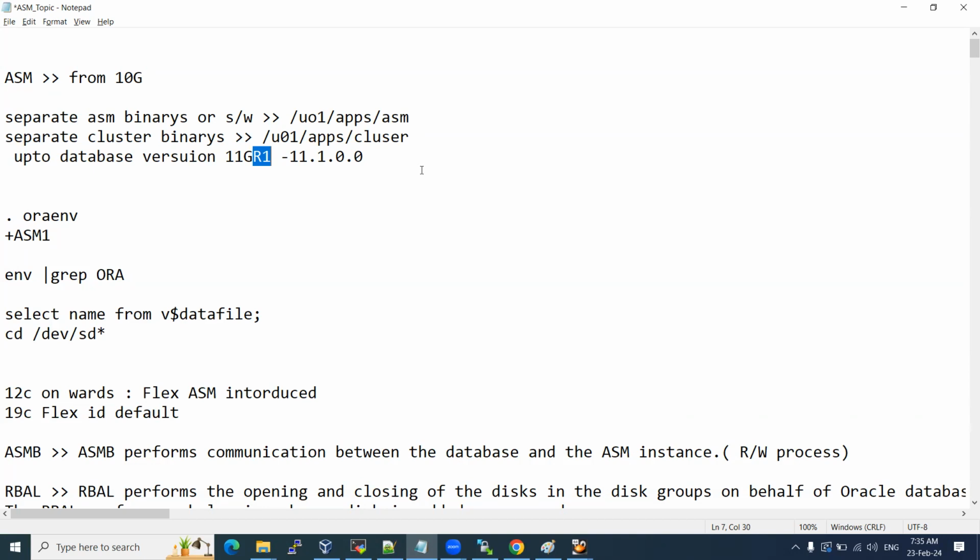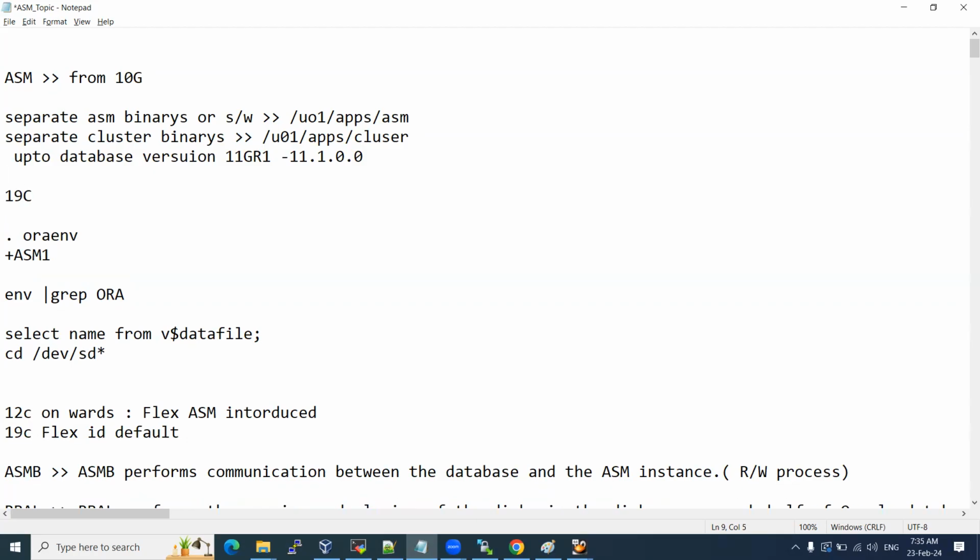Now, from 12C release 2 onwards, Oracle removed the concept of release 1 and release 2, with 18C, 19C, 21C, 23C. Inside of that, they release RU patches. Every patch increases the version number from 19. Suppose you are in a 19C database, that version is 19.3. Initially it is 19.3, but if you apply one RU patch, it goes to 19.4, and so on. Presently it is 19.22 in the 19C version,